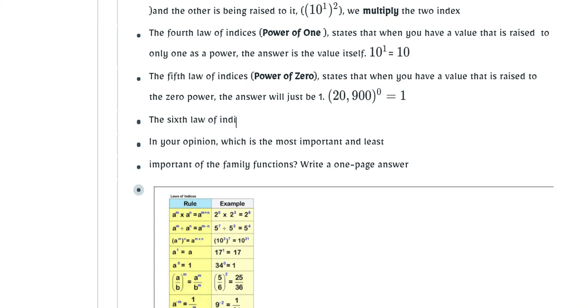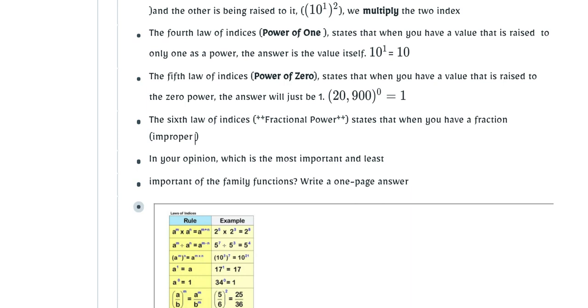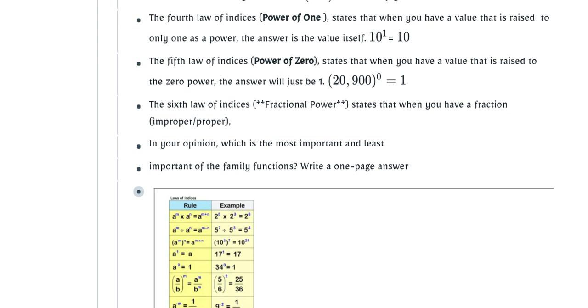The 6th law of indices, fractional power, states that when you have a fraction, and it can be improper or proper, it doesn't have a preference, essentially the power that the fraction is raised to is distributed